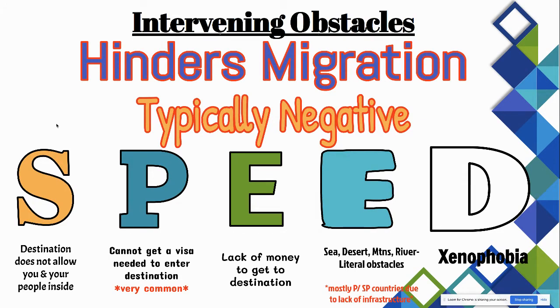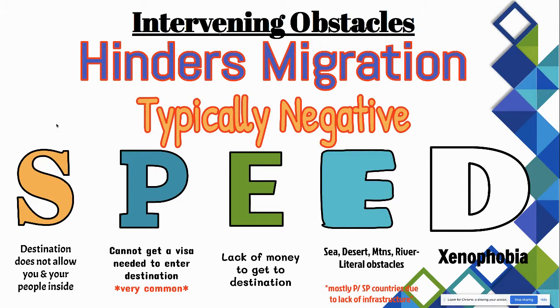So maybe you're moving from Honduras and want to get to Oklahoma, but you get stopped at the border because you can't get a visa. This is extremely, extremely common. Okay. Notice that extra emphasis there. The first E, if you remember, is economics. It's in the green. Maybe you have a lack of money to get to your destination. So once again, maybe you started off from Liberia in Africa and you're trying to get to Spain, but your money runs out in Morocco.